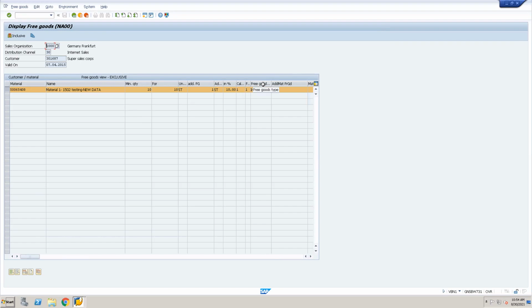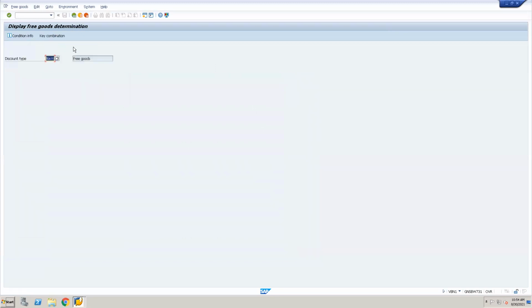So free goods is inclusive. It is an exclusive, it's an exclusive. So let's check if we have any. Okay, let's try to create one for this combination.